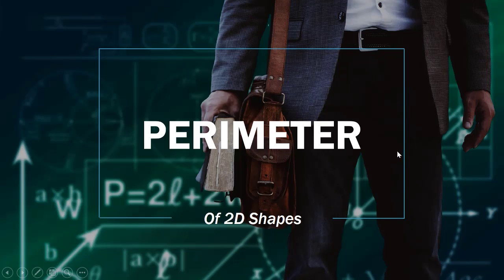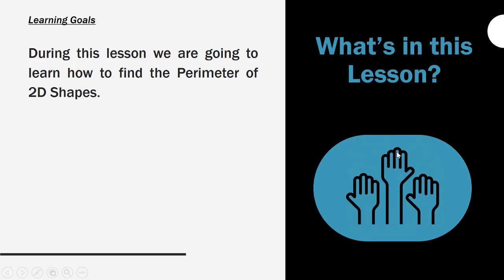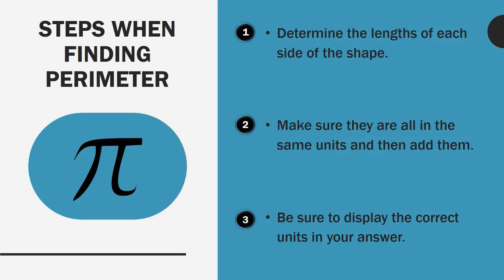So obviously we're looking at 2D shapes when it comes to perimeter. And during this lesson, we're going to learn how to find the perimeter of 2D shapes, okay? So I'm hoping that everybody, when I say perimeter, you know the difference between perimeter and area. So area is the space that's inside an object. So if we looked at this blue oval shape, the area would be the area on the inside of it, and the perimeter would be the distance around the